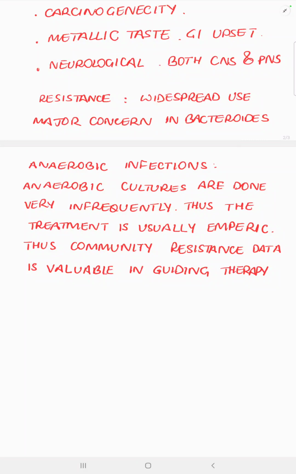The drug which has comparable anaerobic coverage, or which is taken as a comparator, is a carbapenem. Carbapenem anaerobic coverage is excellent, and the major concern now is situations where an anaerobe is resistant to both metronidazole and a carbapenem. Luckily, it's not very frequent, but because of widespread use, especially in South Asian countries, resistance to metronidazole among anaerobes